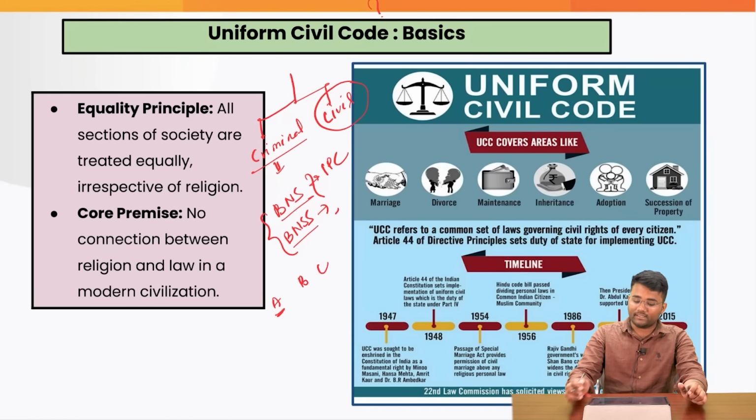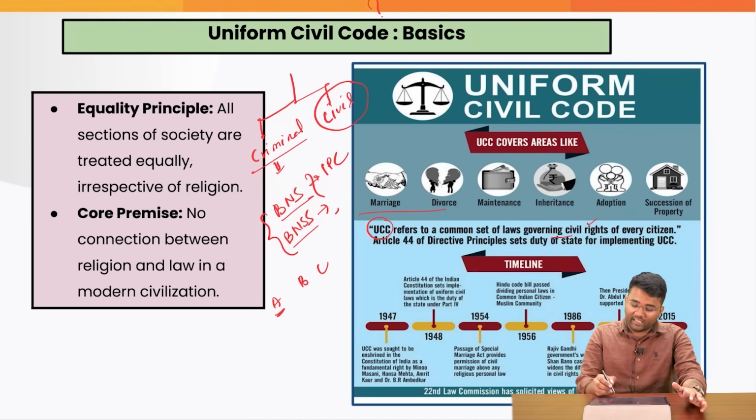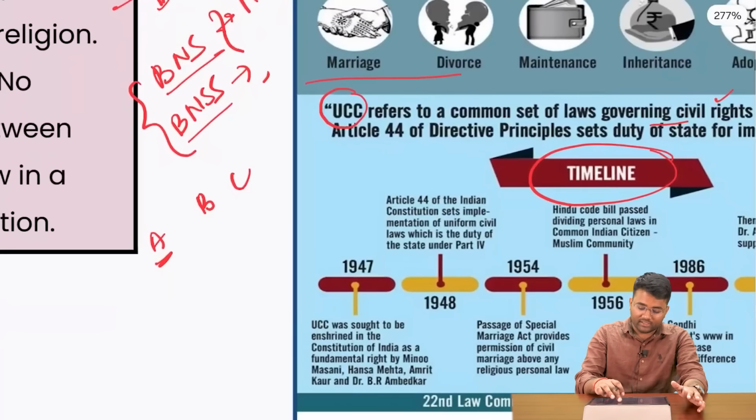So that is the reason the Uniform Civil Code refers to a common, uniform set of laws that govern the civil matters of every citizen pertaining to marriage, divorce, maintenance, succession, etc. And if you see the timeline of this Uniform Civil Code in India, in 1947, the